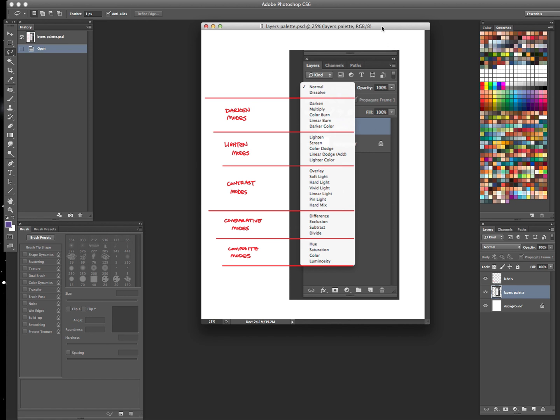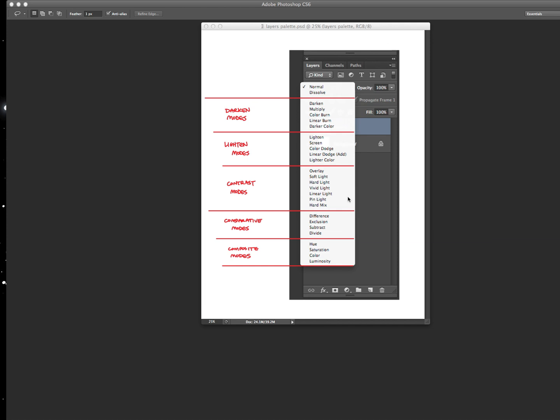So after that, let's go ahead and I want to talk a little bit more about the individual modes. Let me get my notes here. Okay, so we're going to start with the darken modes first. The darken mode will darken colors to a new color, and it doesn't affect the colors darker than the blend color. And to demonstrate that, I have